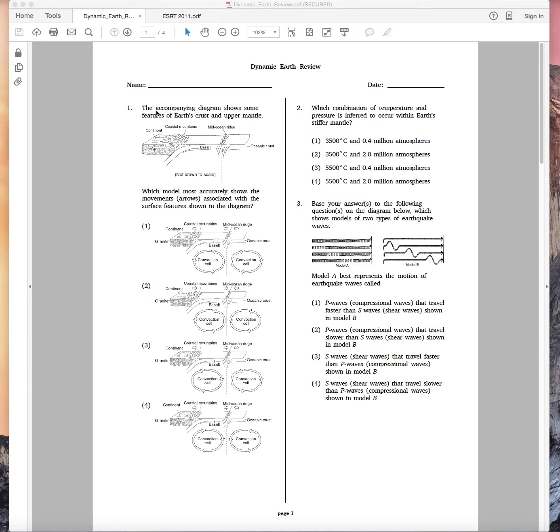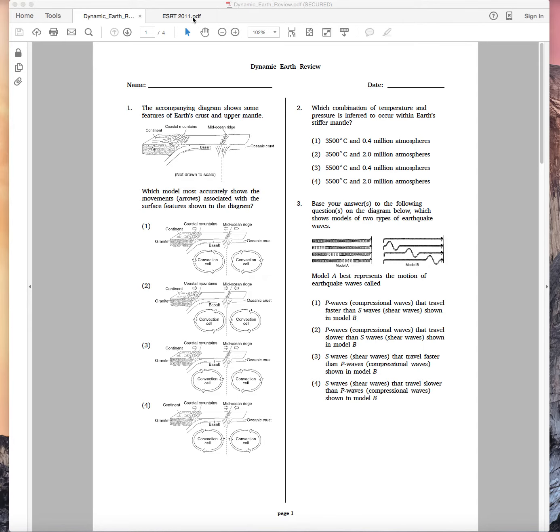Number one, the accompanying diagram shows some features of Earth's crust and upper mantle. Which model most accurately shows the movements of arrows associated with the surface features shown in the diagram? In the diagram, we have continents, the mid-ocean ridge, the oceanic crust, which is our basalt, granite, which is our continent, and coastal mountains. Looks like there's some subduction going on here because I see the word trench. Alright,